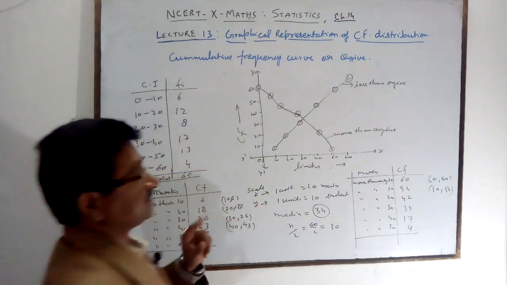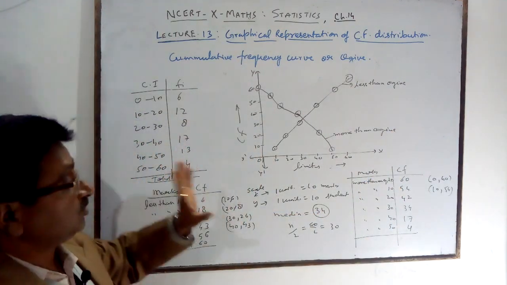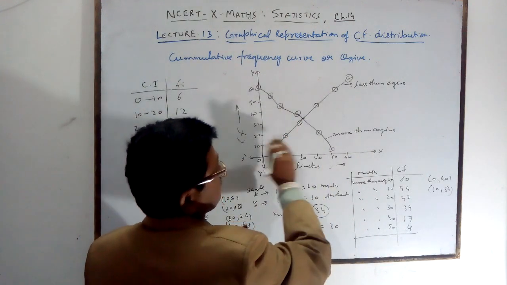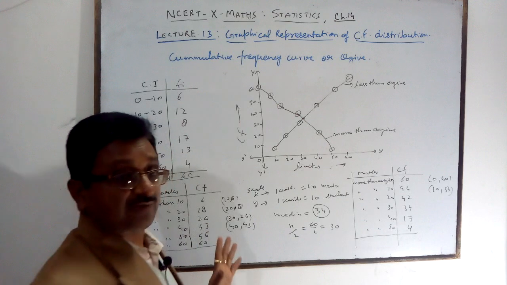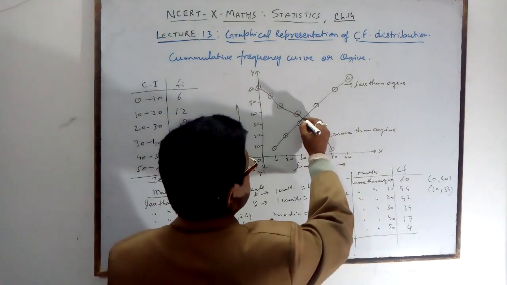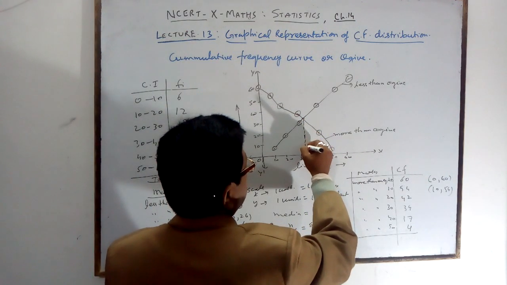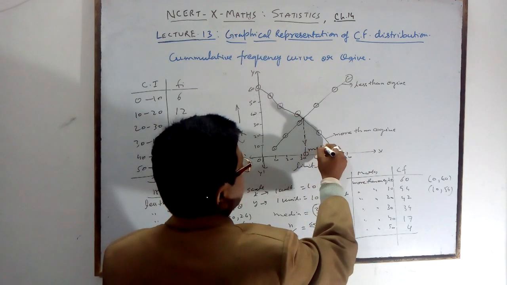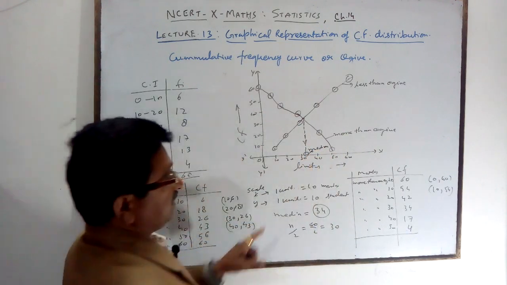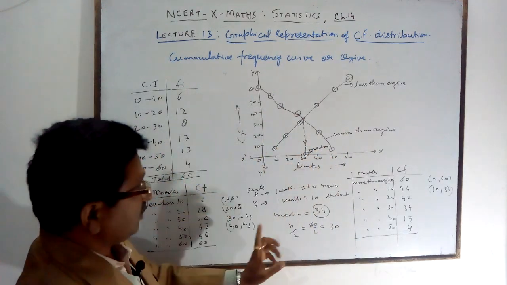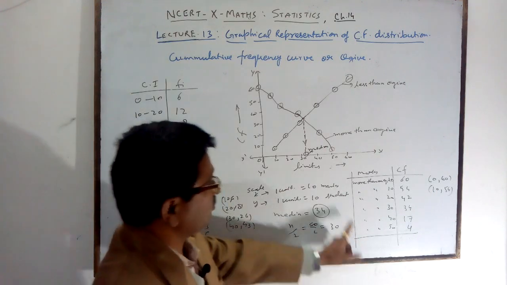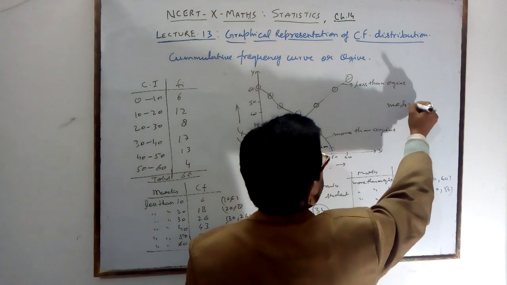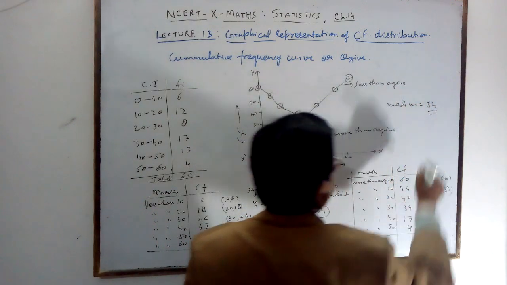What is the median in this case? Here you are not taking n by 2. Median will be the intersecting point of these. No need of showing CF, no need of sigma fi. What is the intersecting point of this? You drop the perpendicular here. You are seeing the median is again the same. Median is again the same, or not? So here you are getting the median approximately 34 in all the cases.